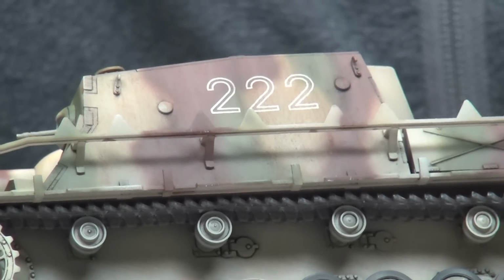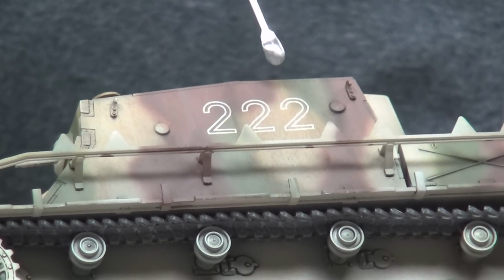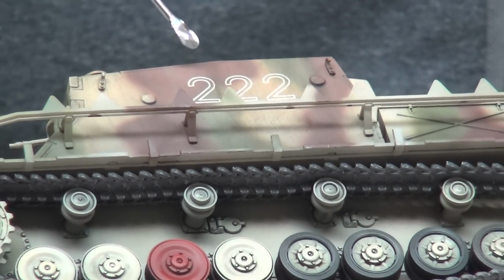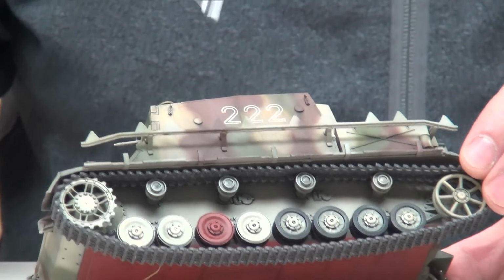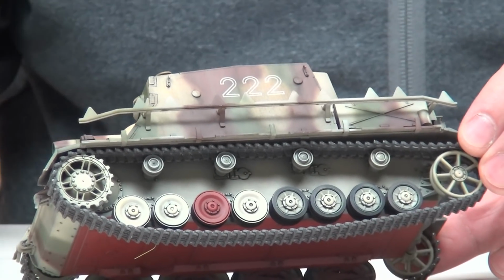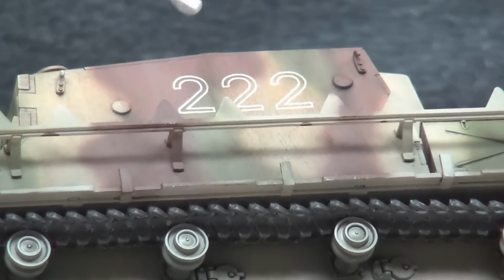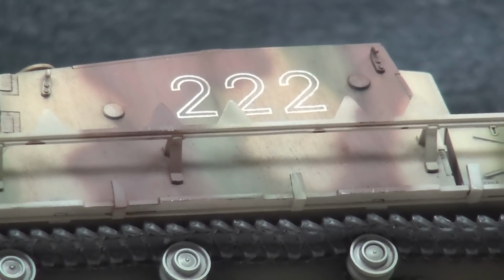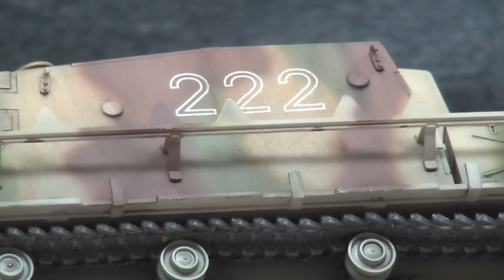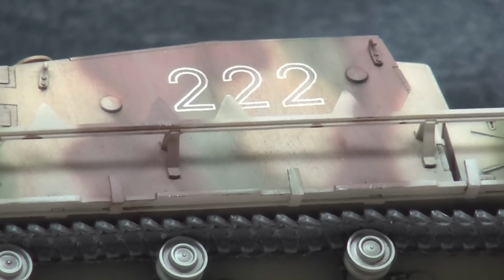So I said, hey, let's try some dry transfers. So I put these on. These are from the Adam Wilder range of dry transfers, and I think they turned out pretty good. The problem with dry transfers, though, is that once they're on, they're on. You can't get them off without resorting to some fairly destructive means. So getting them lined up properly on the vehicle before you press them in is absolutely key. So I'll show you how I did that on the other side here,